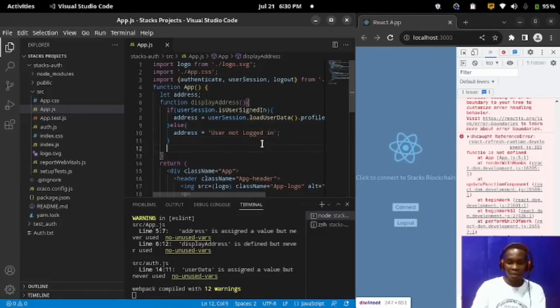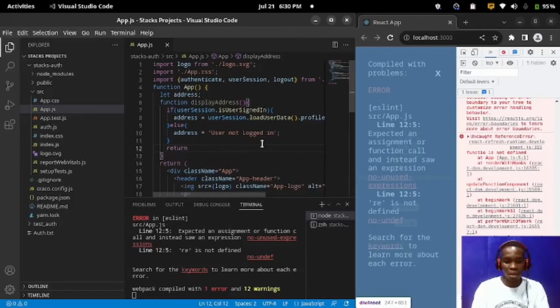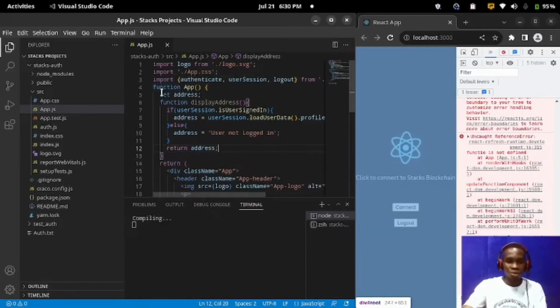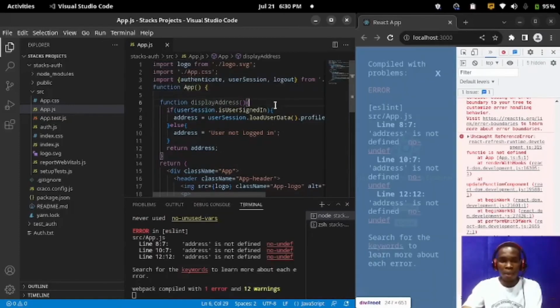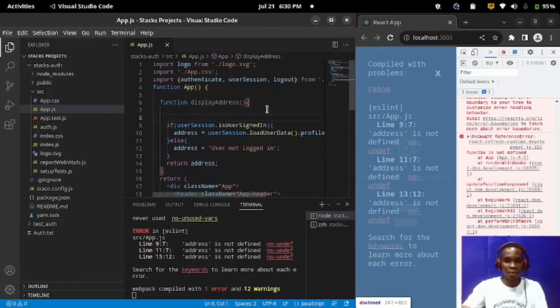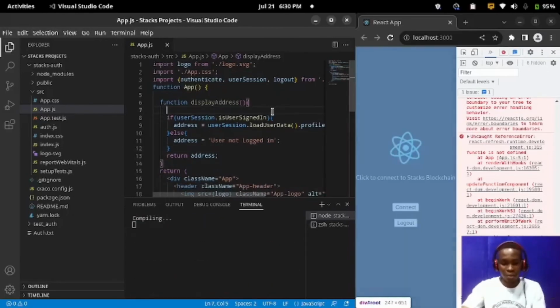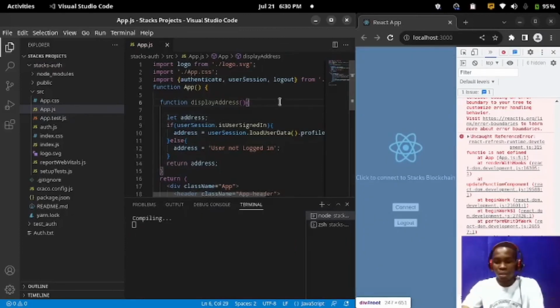Alright, now at the end of my function I want to return address. Now I'm going to throw this declaration of this variable back into this displayAddress function. Alright, I think I clear that out. Say address. Yep, I'm going to clear that again. So yeah,